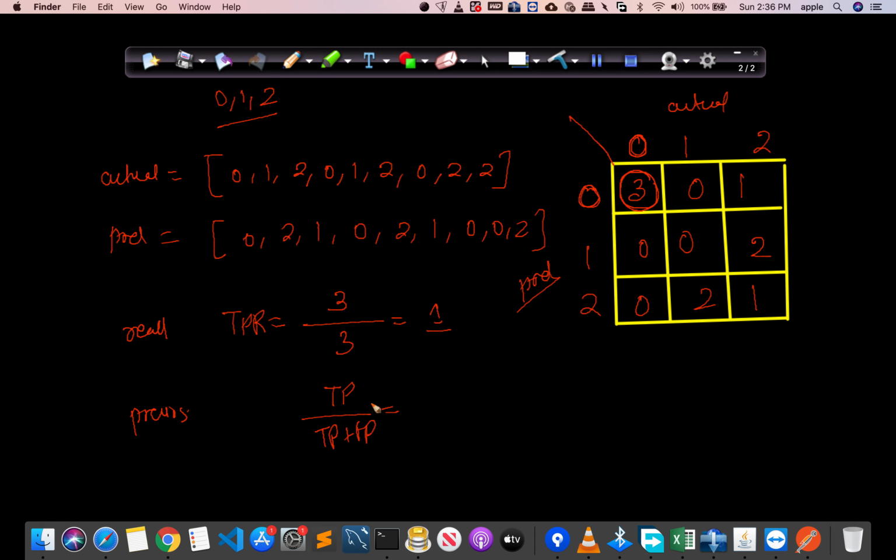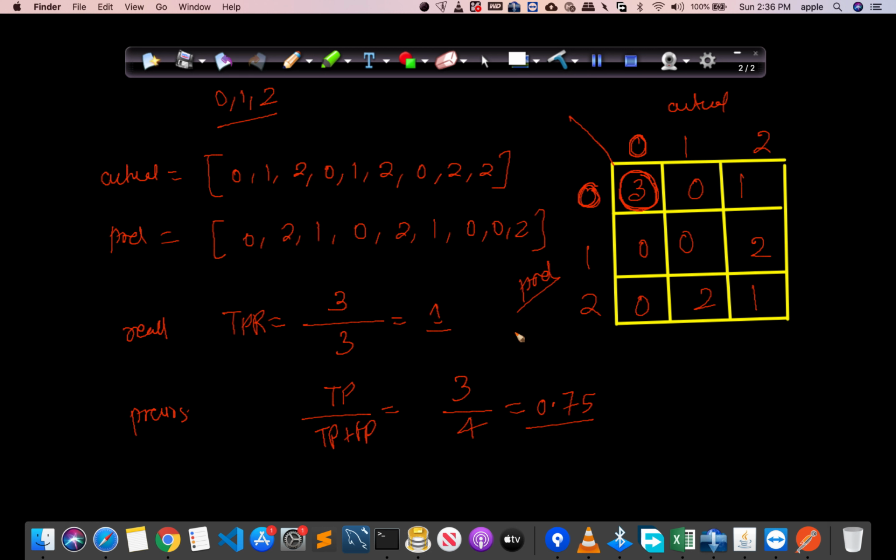So what we have to do is take this particular cell, that is the diagonal cell, and take the sum of this particular row, and that is 4. So this is 75% or 0.75. So the precision is 75% and the recall is 100% for class 0.